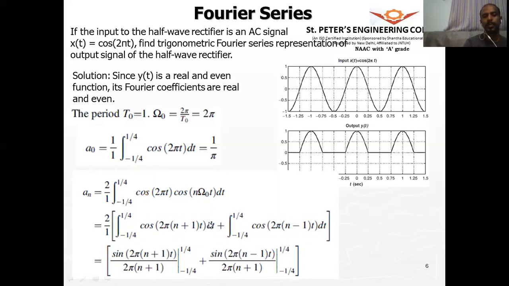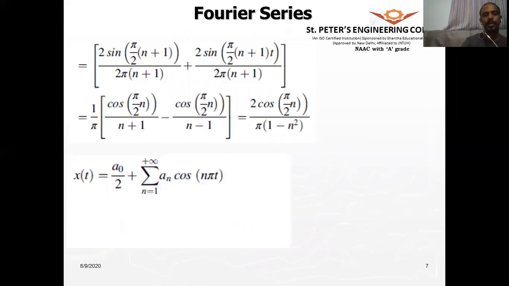dt. So we can write this as cos of a plus b plus cos of a minus b, by 2, right? So we can write it like that, and then we integrate it. So you get terms in sine, and when we apply the limits and simplify, we get this term as 2 cos pi n by 2 divided by pi into 1 minus